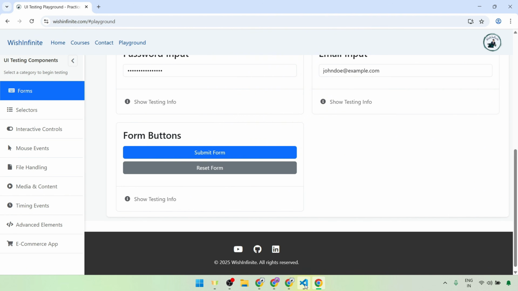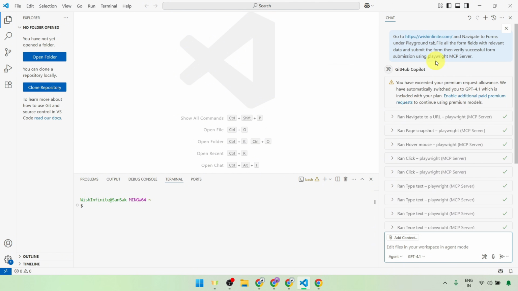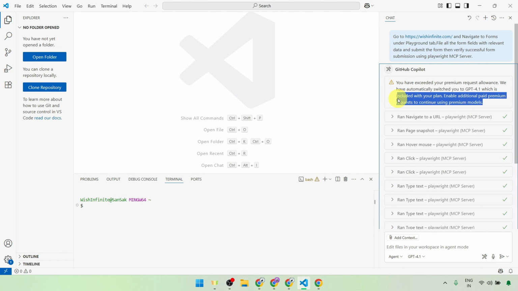And here in the Copilot, if you have noticed, after giving the prompt, once we hit enter, it gave me this warning that you have exceeded your premium request allowance. We have automatically switched you to GPT 4.1, which is included with your plan. And here we have this link to enable additional paid premium requests to continue using premium models. So automatically it selected 4.1, but as I told you, we have some limit for different models. So if that particular limit is reached, we will either have to switch the model, or we will have to purchase the